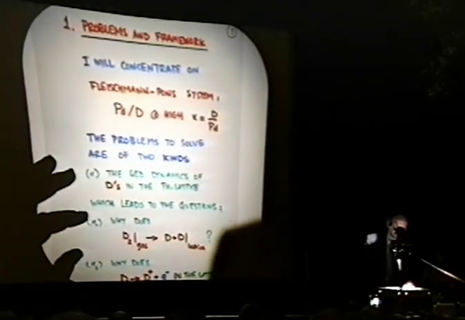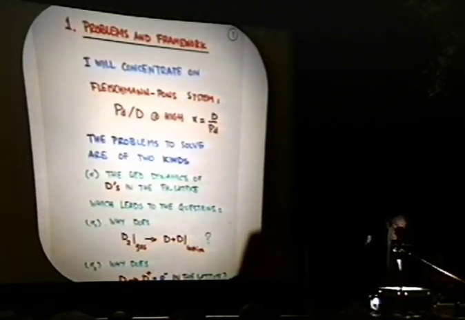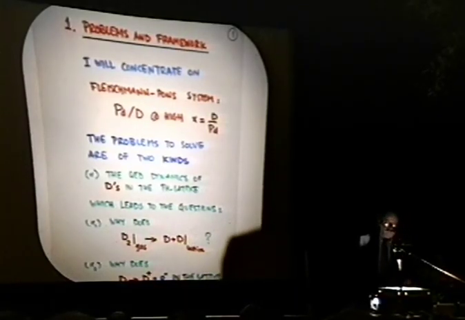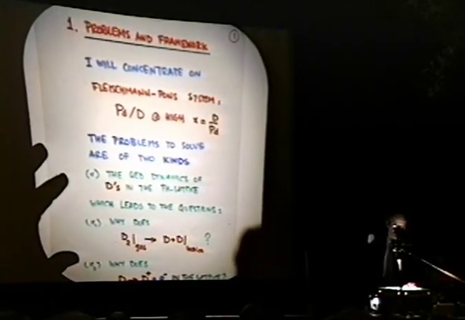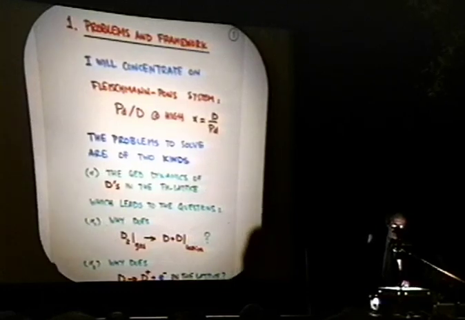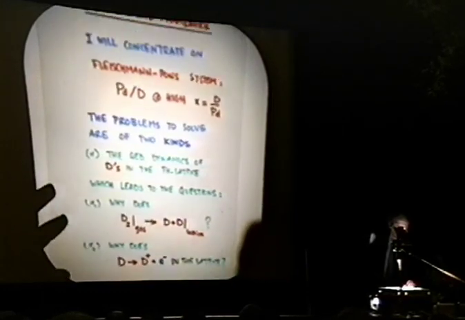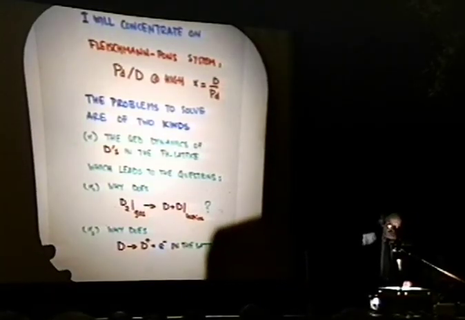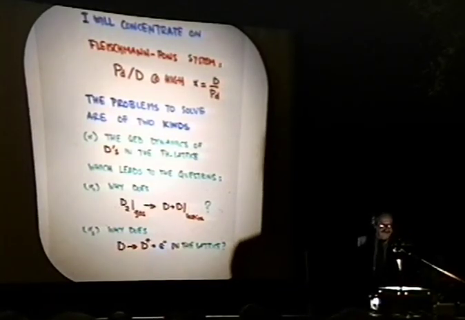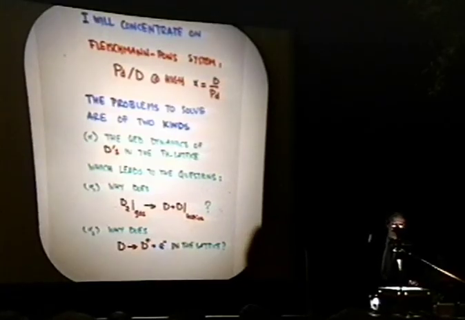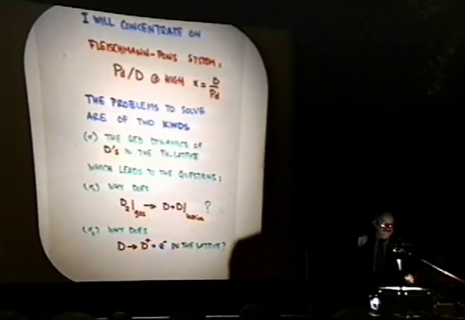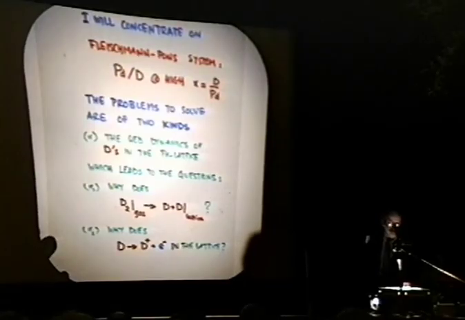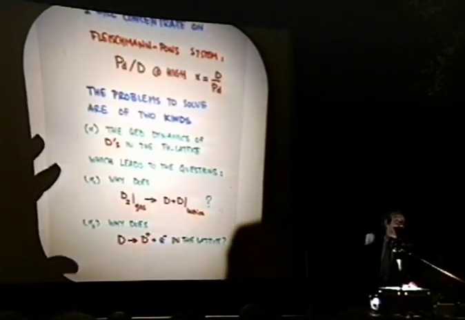So as for the problem framework, I will concentrate mainly, actually only, on the flash pump system, namely the PdD system at high loading. The problems that we have to solve are two kinds, alpha and beta. First, alpha is the quantum electrodynamics of the Ds that enter the Pd lattice, which can be formulated in the